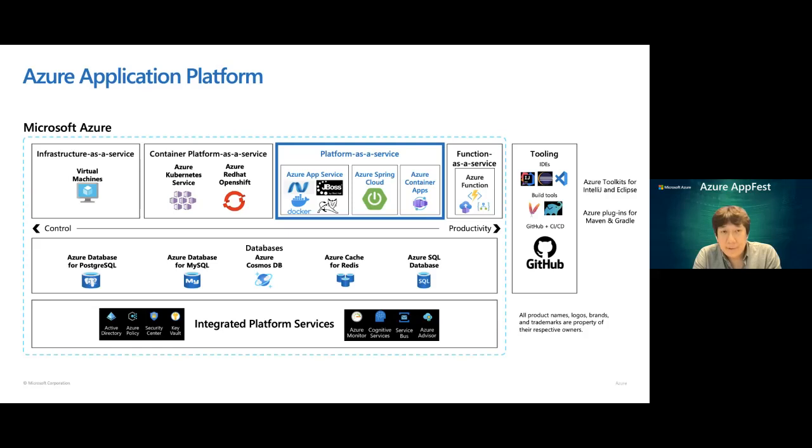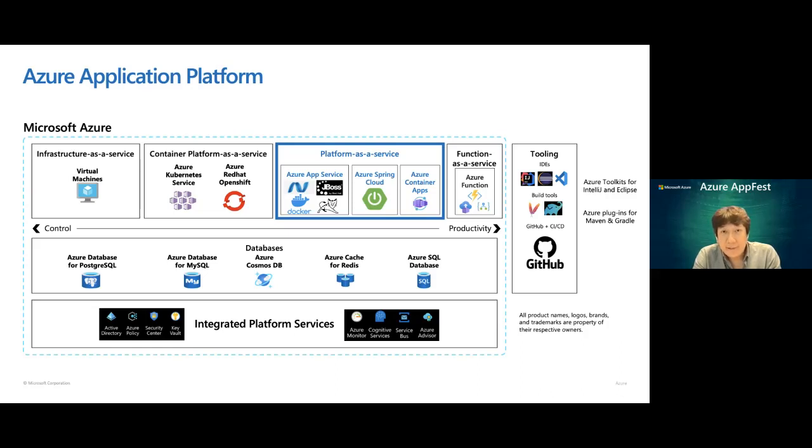This is the managed OpenShift. So basically we manage the infrastructure for you, so you can just run your application on top. So if you are a long-time OpenShift customer running on-premise, probably it's a good option for you to look at. Then in terms of the platform as a service,